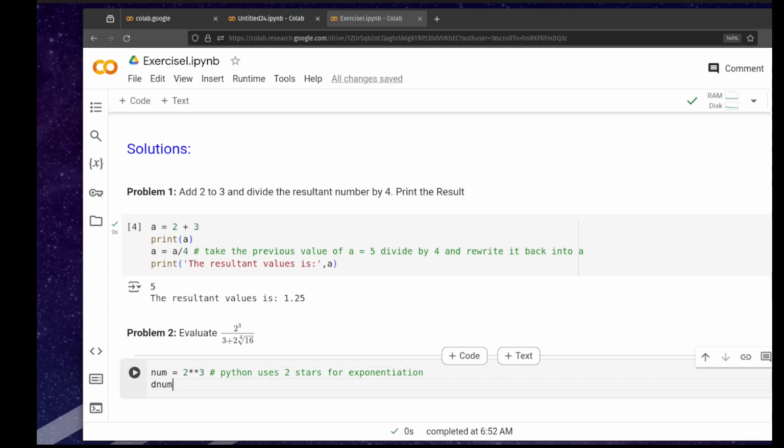My denum is equal to 3 plus 2 times 16. So 1 star is simply multiplication, raised to the power of, so I want the fourth root. So the fourth root is 1 divided by 4. Okay. So again, I'm using the multiplication operator, the exponentiation operator, and then an addition operator. So that's my denum. And then my final expression, we'll just call it E, equals